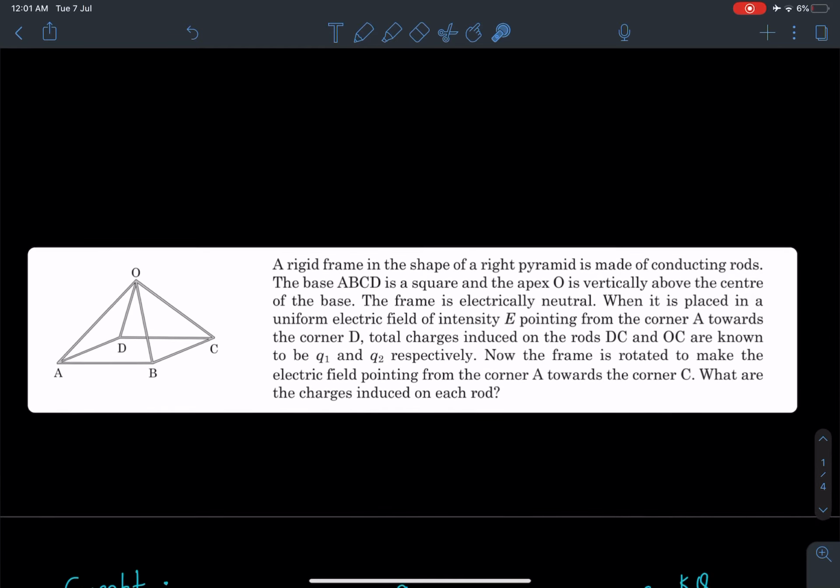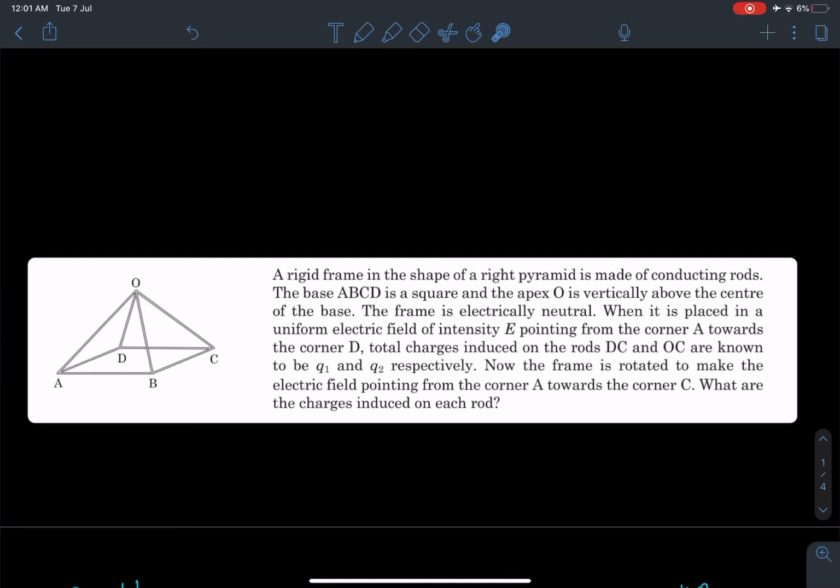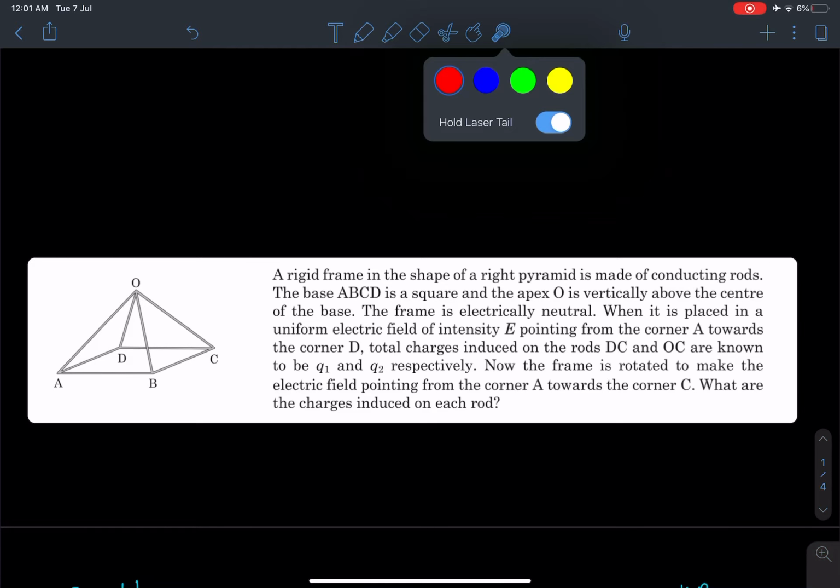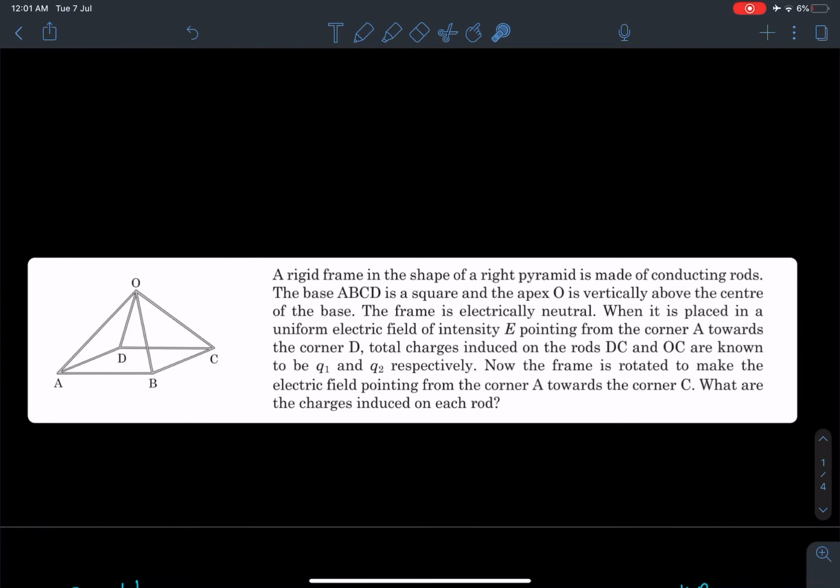As you can see, a rigid frame in the shape of a right pyramid is made of conducting rods. The base ABCD is a square and the apex O is vertically above the center of the base. The frame is electrically neutral. When it is placed in a uniform electric field, the intensity E pointing from the corner A towards corner D,